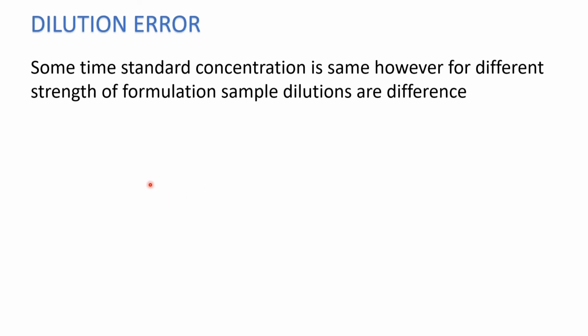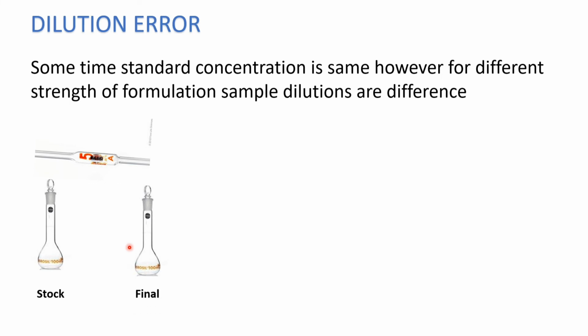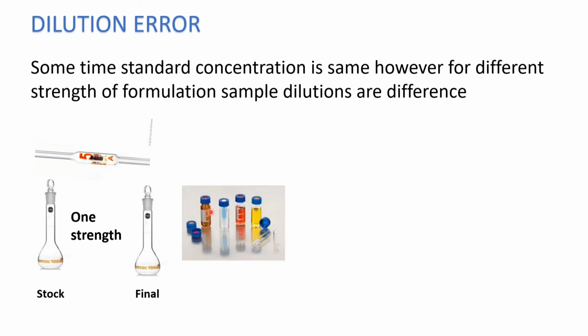Let's have an example. Here this is the stock, in 100 ml. Now you have to take 5 ml of this solution and put it in your final dilution. This is the dilution of the one strength. When you prepare this solution, you have to transfer this final dilution into the HPLC vial, and this HPLC vial has to be transferred to the HPLC, and all these things you have to keep in one